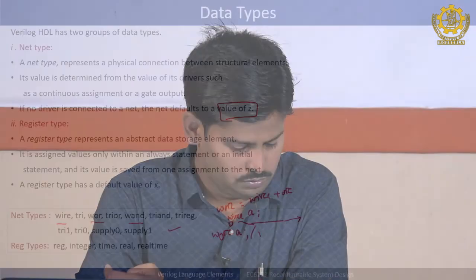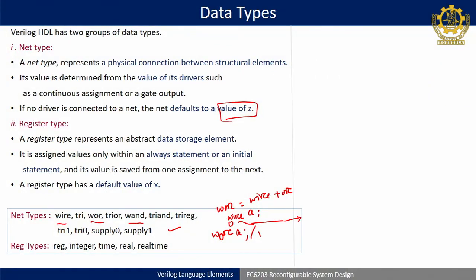Okay. In register type also, we have reg. Till now we know wire and reg. Next class I will go into detail on the different data types. We will see that for a wire, if I am giving 0, the output is 0. If I am giving 1, the output is also 1, simple data will pass. If x, then x. Similarly, we will see the different data types like wor, tri or wand, what different truth table they support and how they behave.